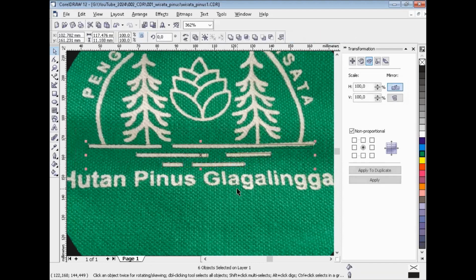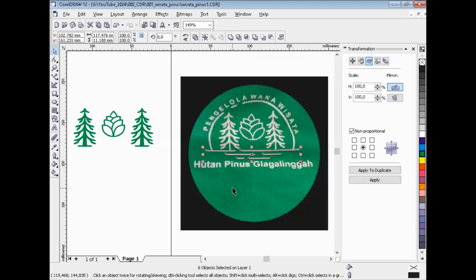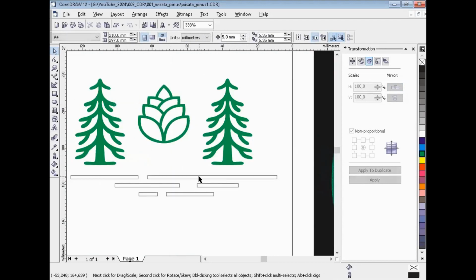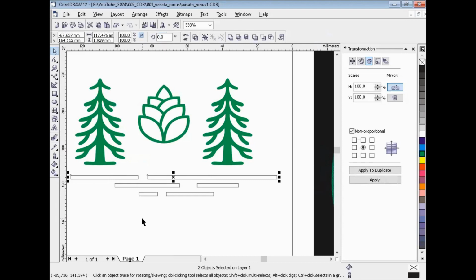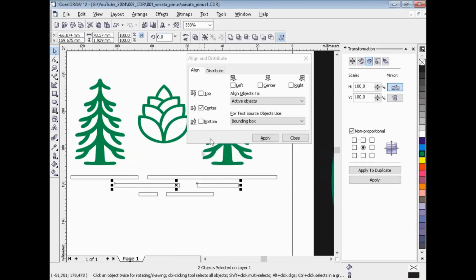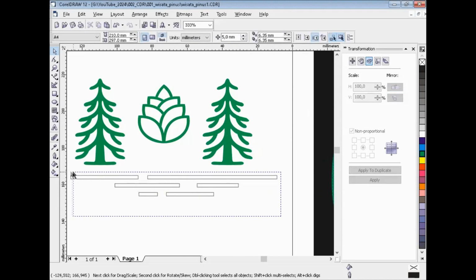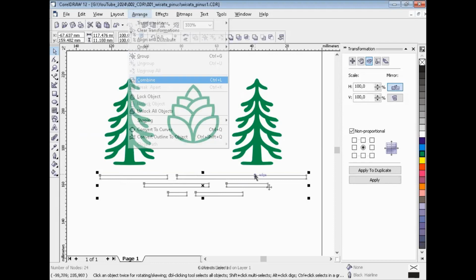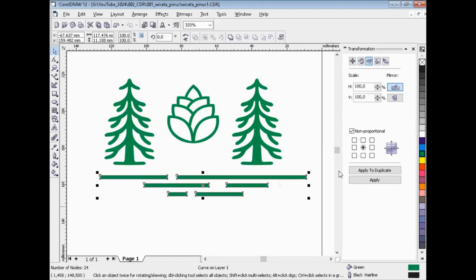I want to move F3, and then you can move here, and now you can align and distribute center. Yeah, align and distribute center, align and distribute center. Okay, now you can combine, and then you can fill the curve.